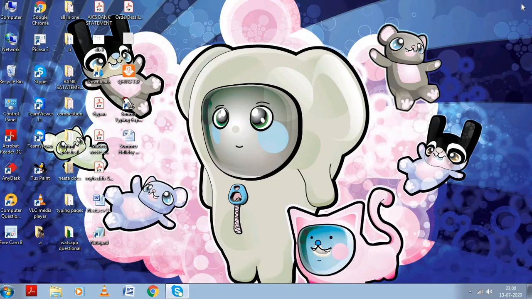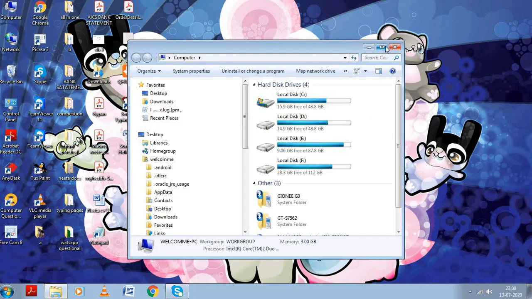Now next, viewing files or folders. How will you see files and folders? You can see files and folders in different manners.